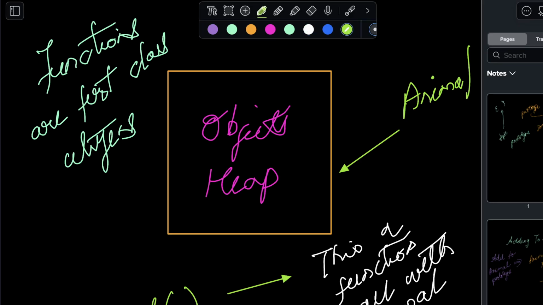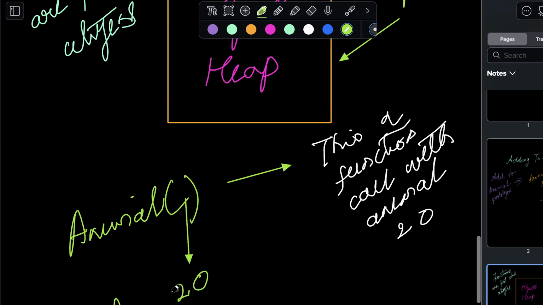Now what if I'm making another function called, so I have, and here I'm passing 30, right? And then this has to be a